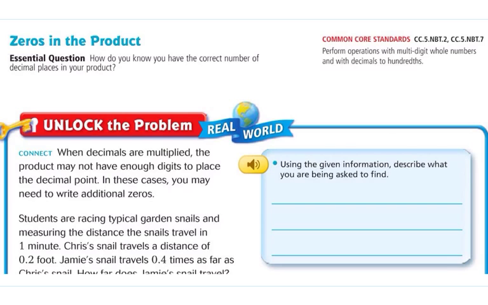Boys and girls, I'm going to right off the bat circle Chris's snail's amount, and then I'm also going to look and see that it says Jamie's snail travels 4/10 times as far. When I hear 4/10 times as far, as a math detective, I know I'm going to have to multiply. So I'm just going to decode that on the side so I can be ready to solve this problem. Boys and girls, on the right-hand side of the page, it says, using the information, describe what you're being asked to find. So what I'm going to need to find is,